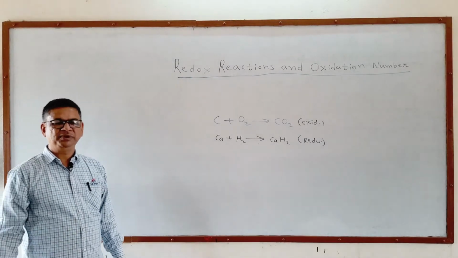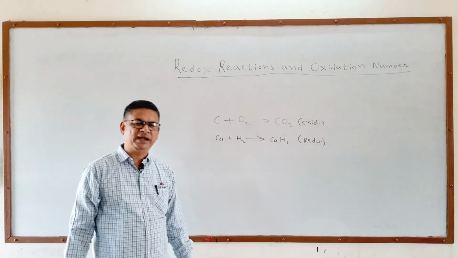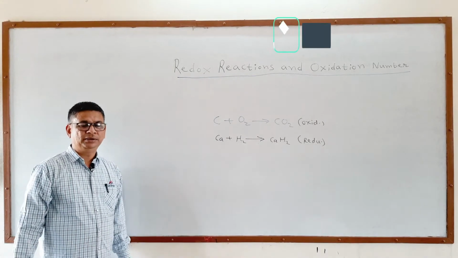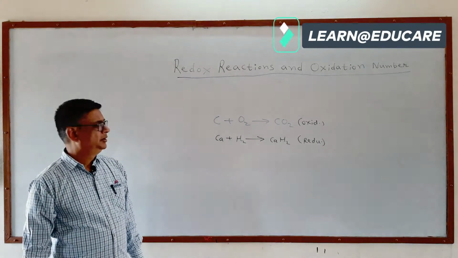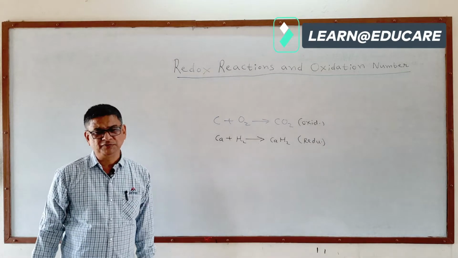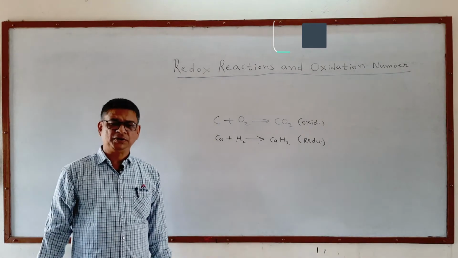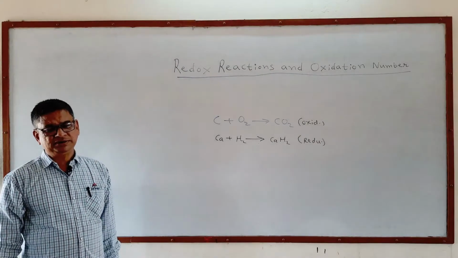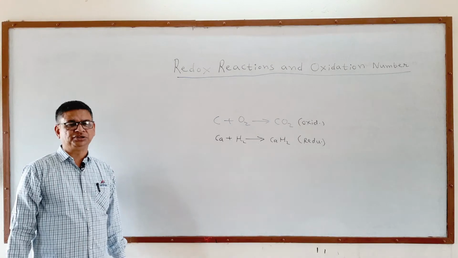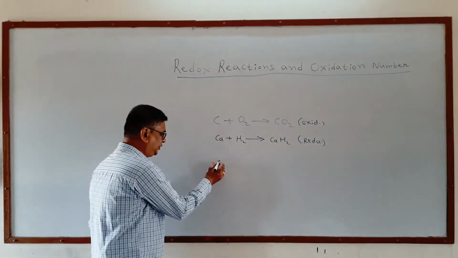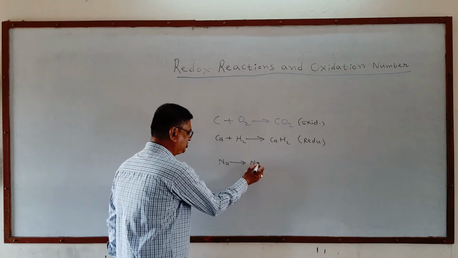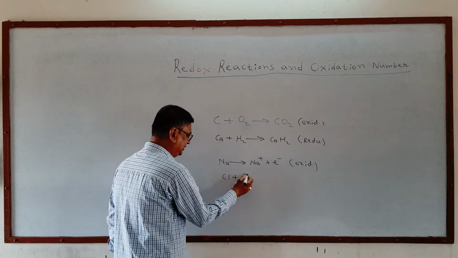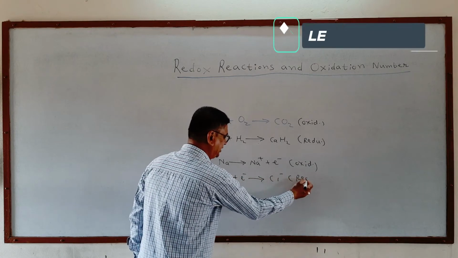Actually, in many chemical reactions, there doesn't seem to be any addition of oxygen or hydrogen. Still, the reactions are oxidation or reduction. After much research, it was found that the modern definition of oxidation and reduction accordingly changed. According to the modern concept, oxidation is loss of electrons, reduction is gain of electrons. If we take simply sodium, it loses an electron like this and becomes an Na+ ion. This loss of electron is called oxidation and gain of electron is called reduction.